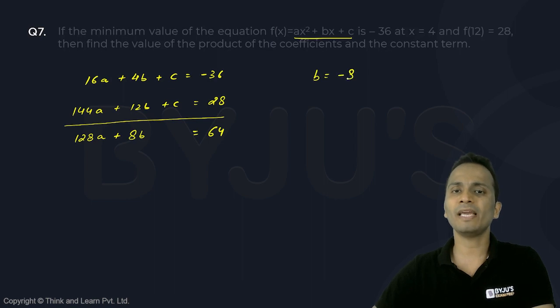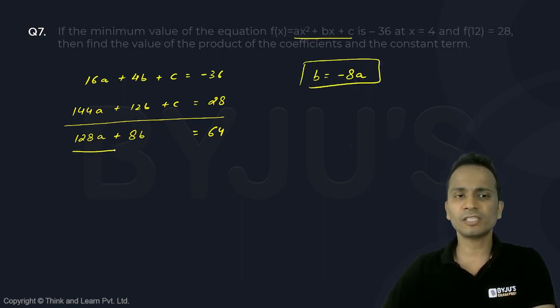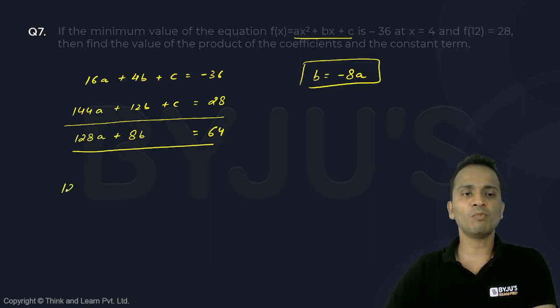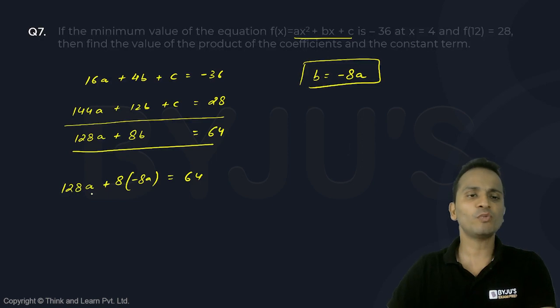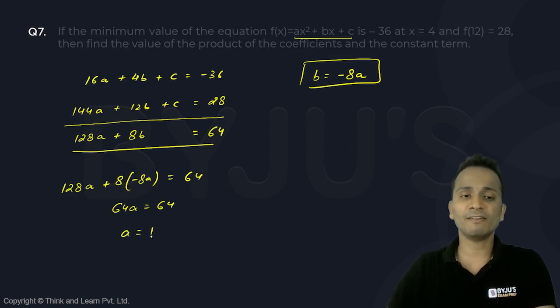So b was minus 8a. So I'll substitute this value of b in this equation. So it will become 128a plus 8 times b. Now b is minus 8a, so it will be 8 times minus 8a is equal to 64. Upon simplifying this, 128a minus 64a, that is 64a is equal to 64, and we'll get the value of a